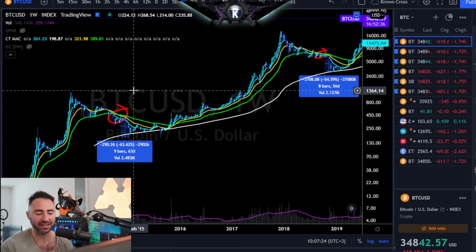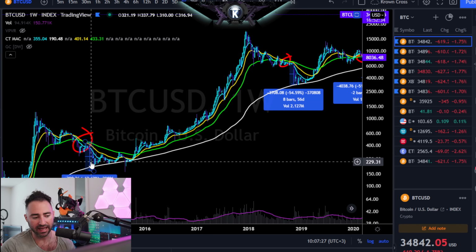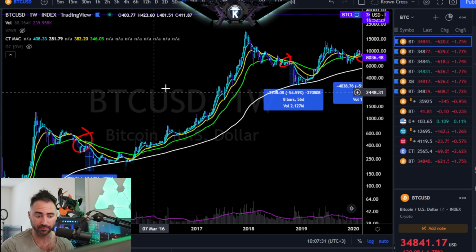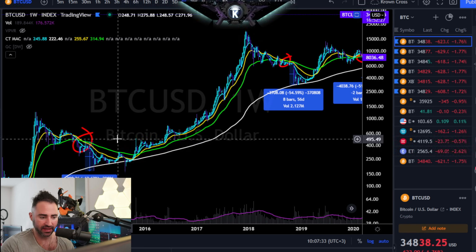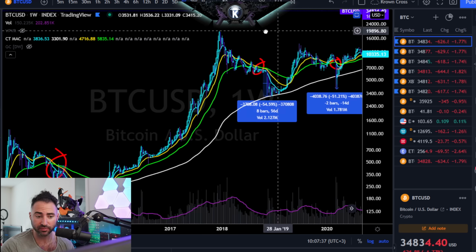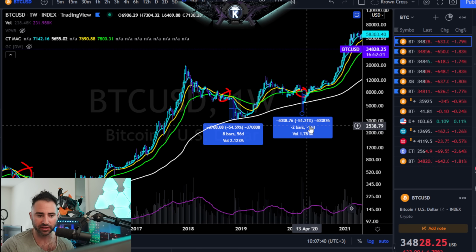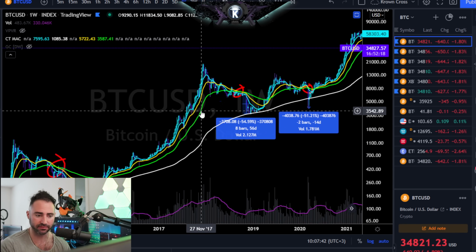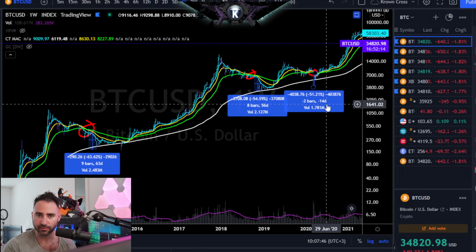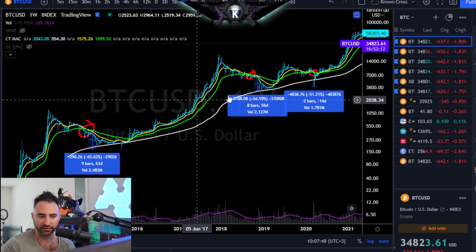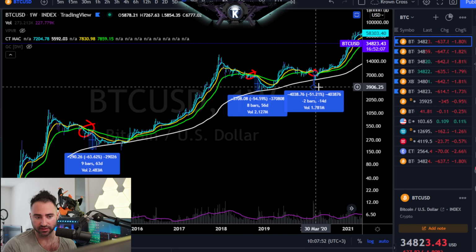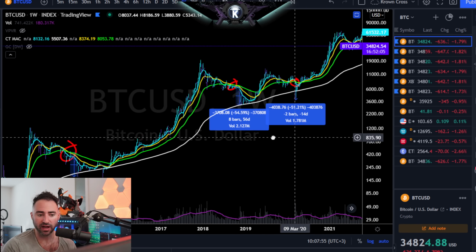But at the same time, we do see that there is a statistical relationship between the percentage drawdown, or the percentage move down, off of that silver cross. In this case, the first one was 63.5%. The second was 54.5%. This one over here generally went down about 50%, but it did happen after the fact. Here's the thing though, we do expect this number to be less severe over time on a maturing asset. You can see from this cycle to this cycle, basically 10% less. From even this year to the next year was about 5% less, almost.